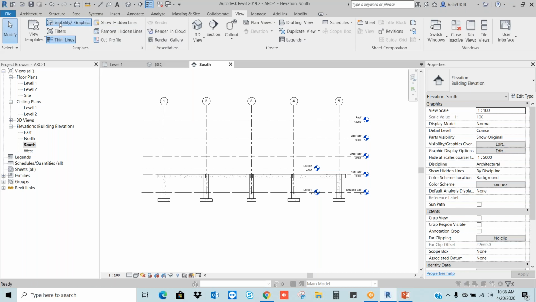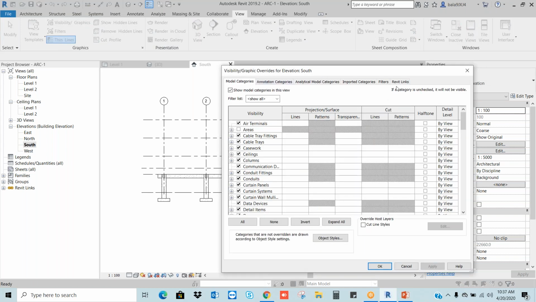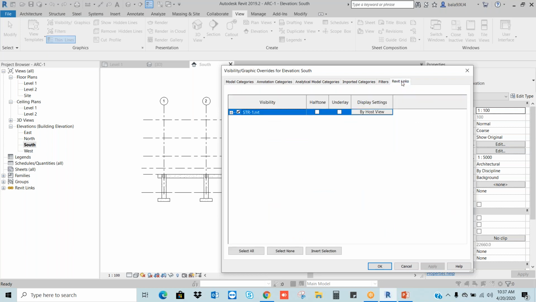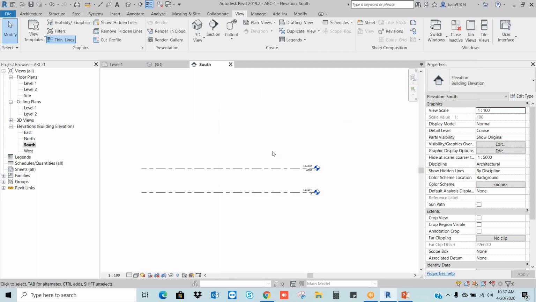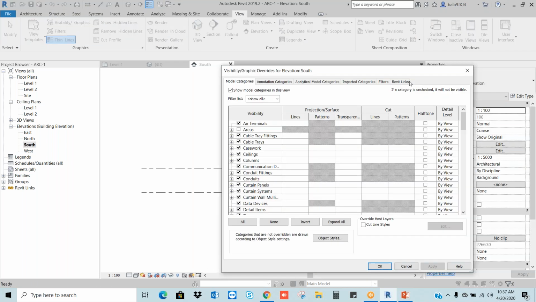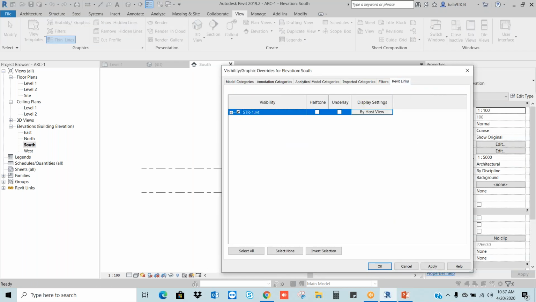If you go to visibility and graphics, here you can see the Revit links. If you switch off here, you can switch off the structure model. This complete structure model we inserted as an entity. This is the external reference, nothing else. If I want to switch on, go to the view visibility graphics, and here you can switch it on.